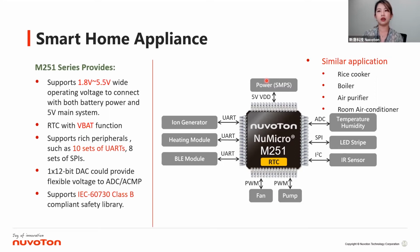So it needs maybe up to 10 sets of UARTs to connect with different kinds of sensors, maybe 3-axis sensors, 9-axis sensors, or different kinds of tilt sensors. And then especially now, in the situation of COVID-19, products manufactured by Koreans have to be exported to the USA or Europe. Then it needs to have what is called a safety library,